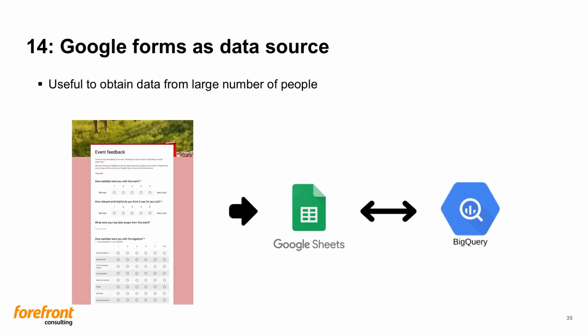Another neat way to input data into GCP and Bigquery is using Google Forms. This enables even more people to input the data to the system. Forms can be used externally as well as internally to collect information from a large number of people. The results can be stored in Google Sheets, which can be connected to Bigquery as I described earlier. We have used these as a commenting function in a project recently. There we have a distributed Data Studio document, which includes user input comments that are connected to the data.